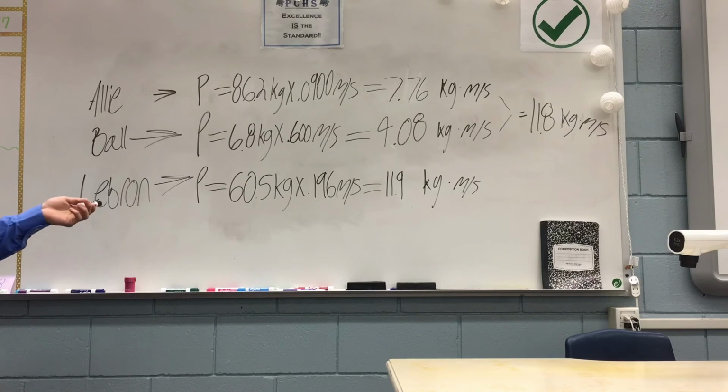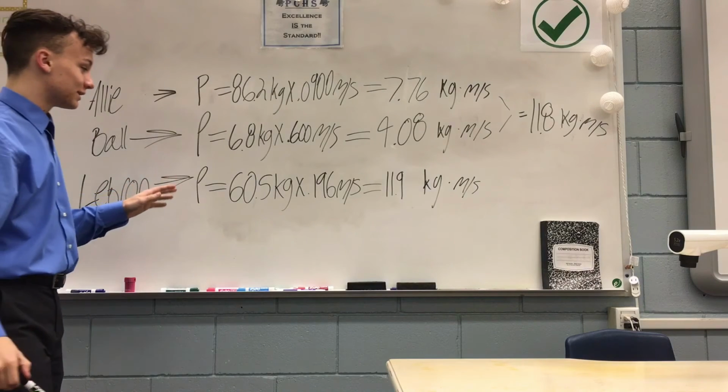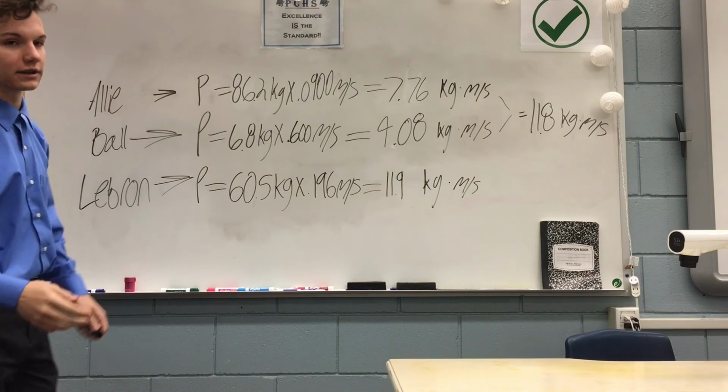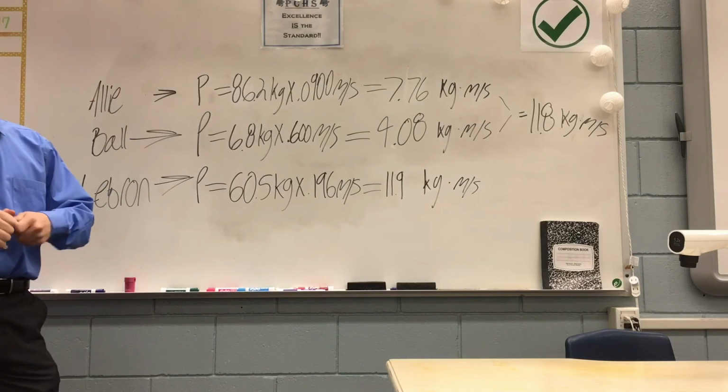The student you saw throwing the ball, his name is LeBron. He's actually a foreign exchange student. Darn it, it's LeBron. That's how you pronounce his name. His momentum is 60.5 kilograms multiplied by 0.196 meters per second, which is equivalent to 11.9 kilograms multiplied by meters